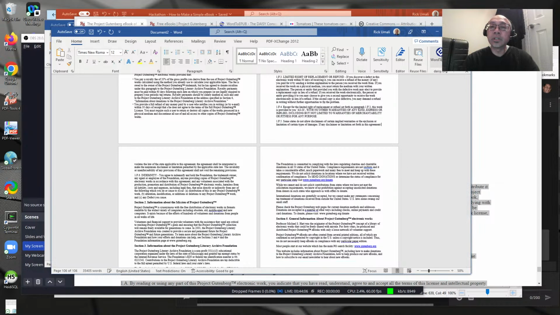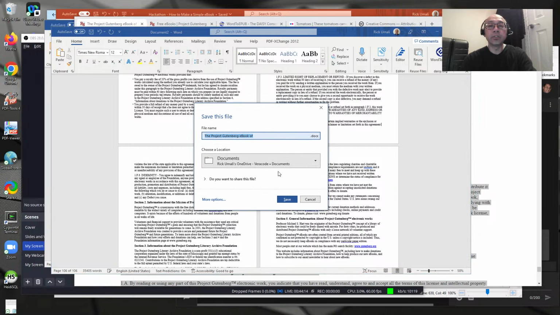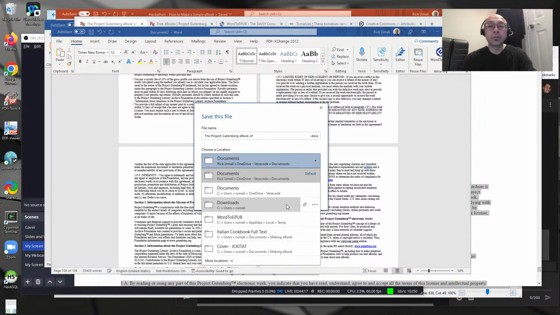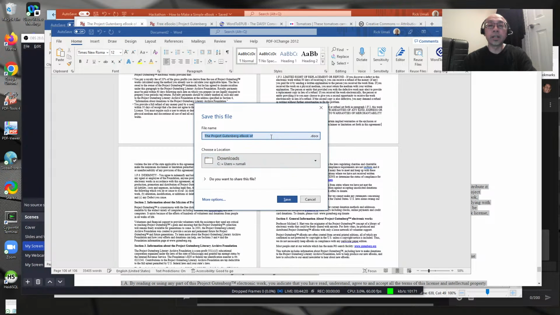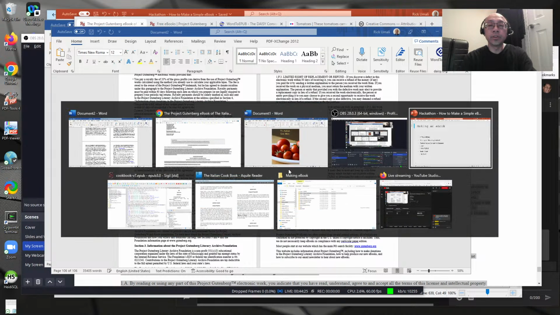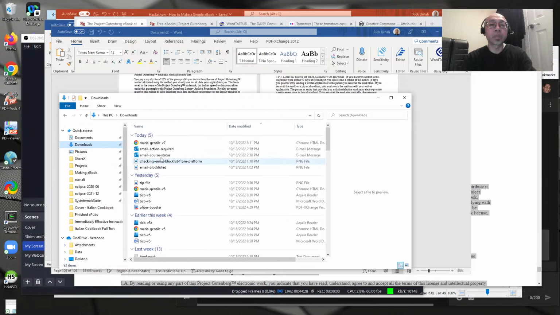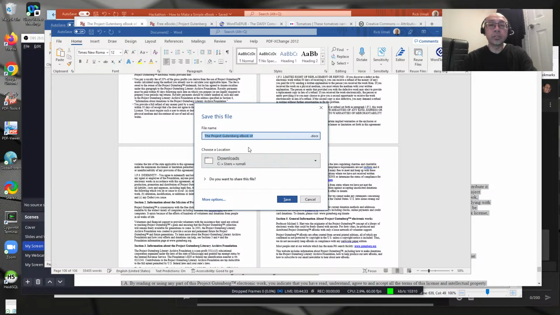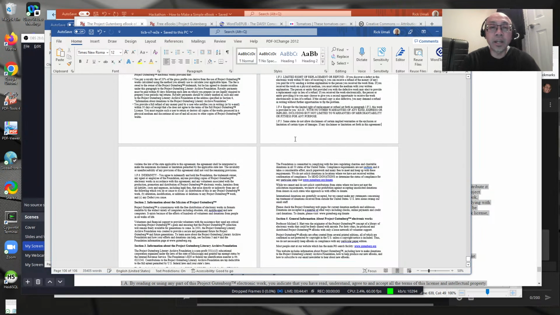I can then convert this into an ePub. So first I have to save the file. I'm going to save it in my downloads. I'm just going to save this as, well, I've already forgotten my little convention here. Yeah, TICB. I'm going to say TICB V7 WordToEPUB. I'm just making that up. Once I save the file, if I click on WordToEPUB,